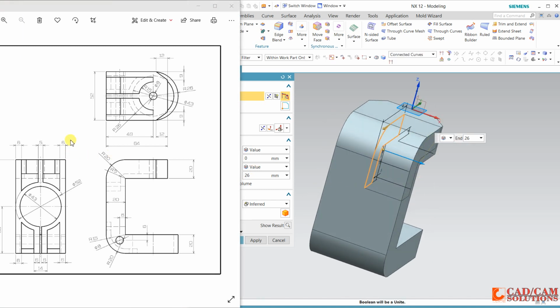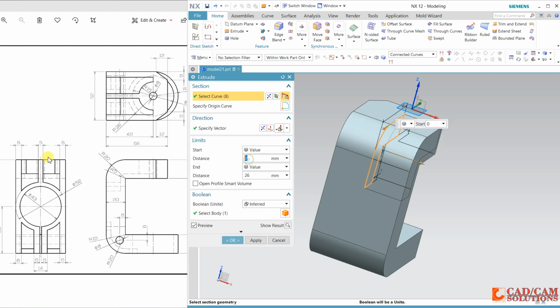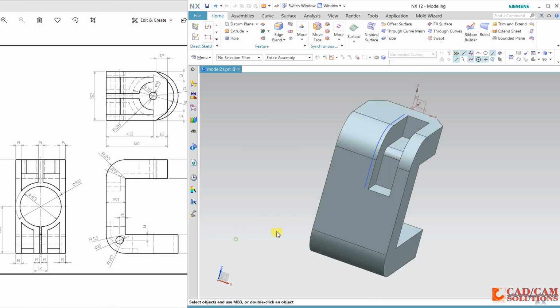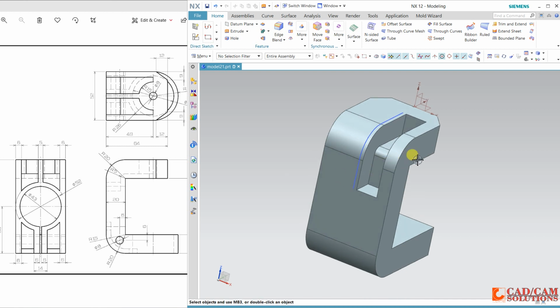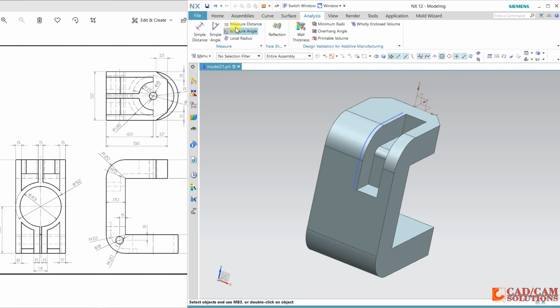Or I can do one thing. I have created this at the midpoint. So half of 5 is 2.5, so this gap will be 17.5, and subtract this, okay.